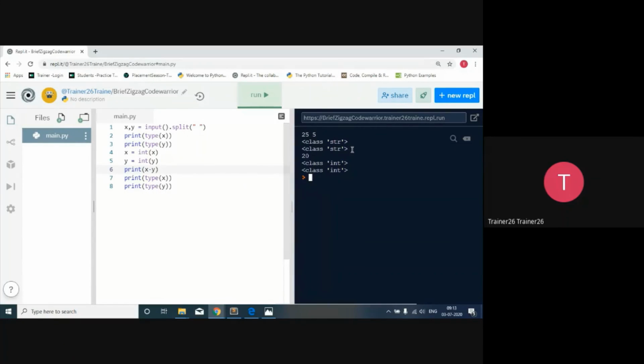Initially both are considered as a string, and then we convert them into integers, and then we take the subtraction, and then we identify how X and Y are behaving right now.